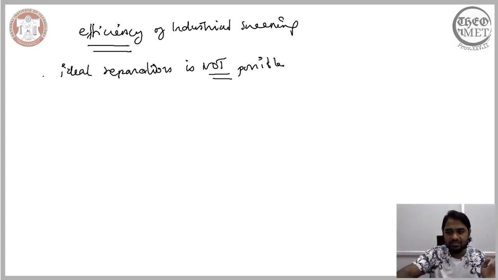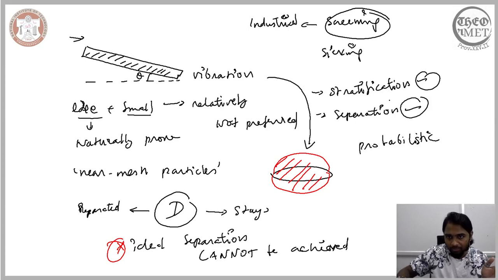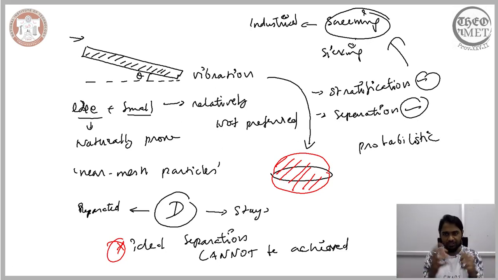We have two events, that is stratification and separation. When we increase the probability of these events, we can increase the overall probability of the screening. We can increase the overall probability of screening by increasing the probability of these two events, meaning we can make the whole process more efficient. Now there are several ways of quantifying the screening process and of ensuring that the probability of stratification and separation is increased. So there are several ways of doing it.